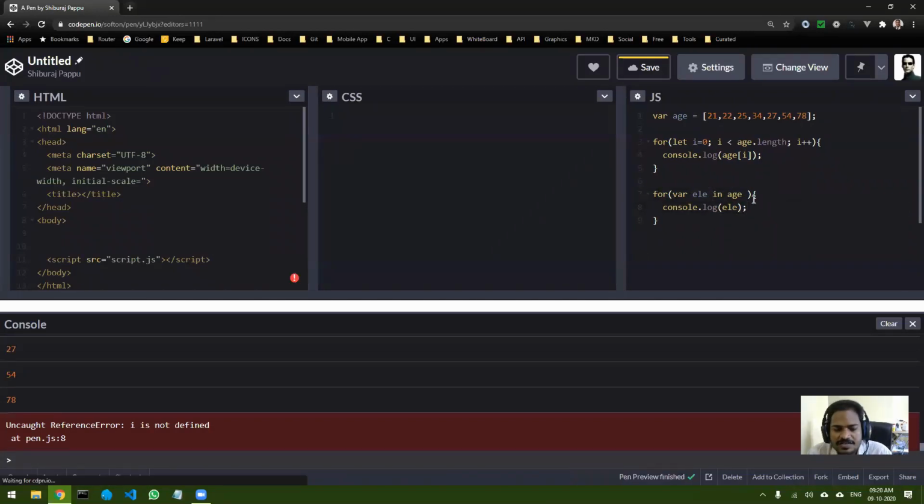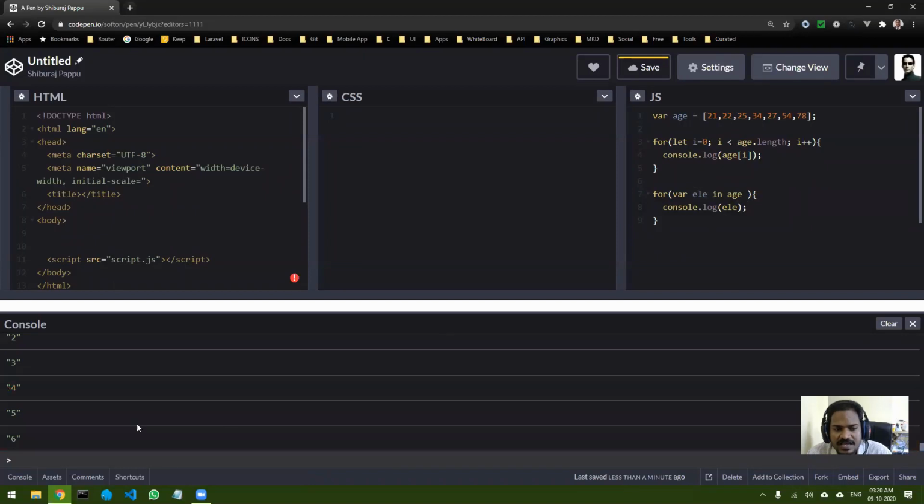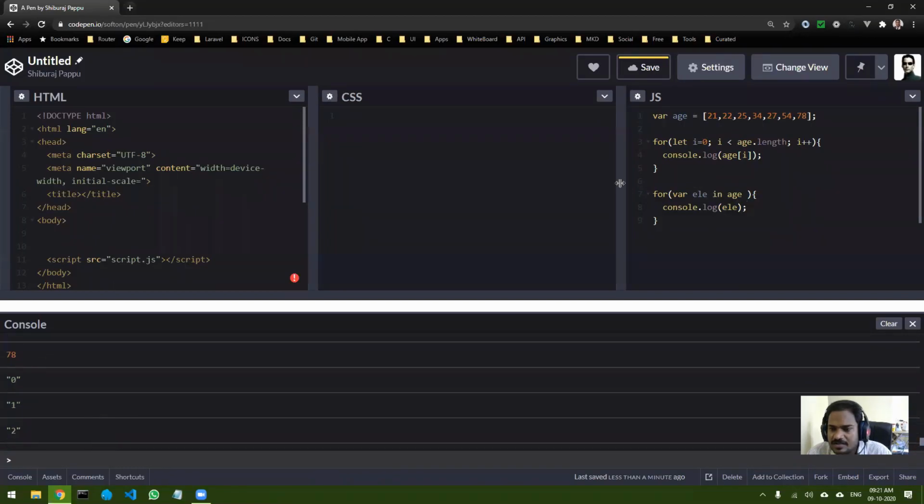Now if I save it, you can see I get the same result. But this time, instead of values, I am getting the indexes. Now to get the value, what should I do?